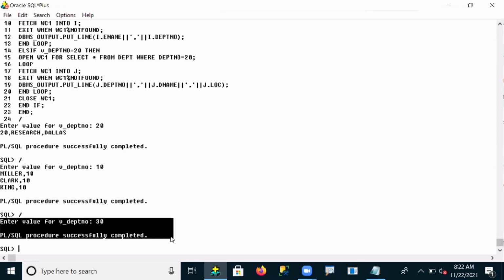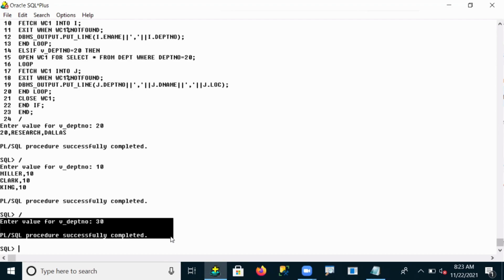So if you enter 10, the EMP table data is retrieved. If I give department number 20, then department data is fetched. But other than 10 and 20, if I give 30, it does not show any result, because if you want a 30 condition, you have to write another else if. Yes or no?